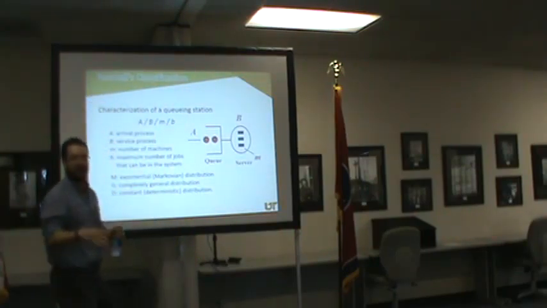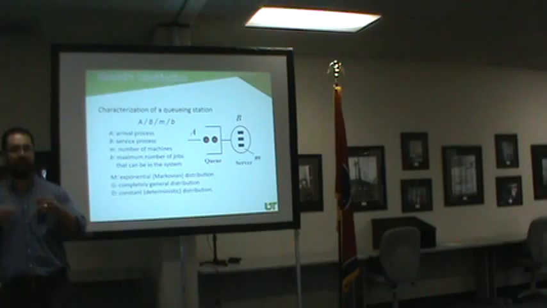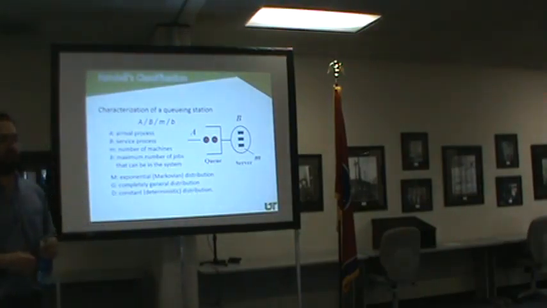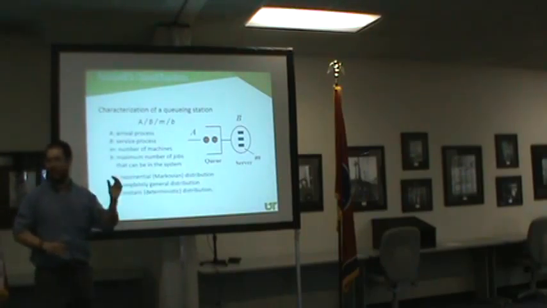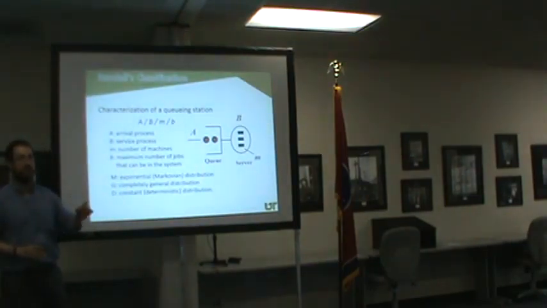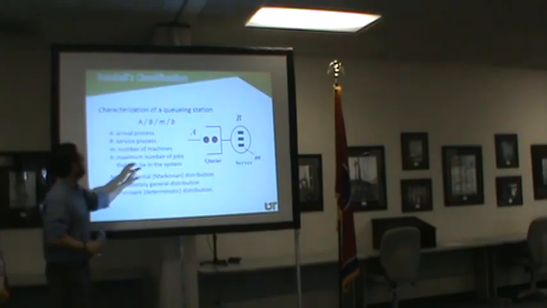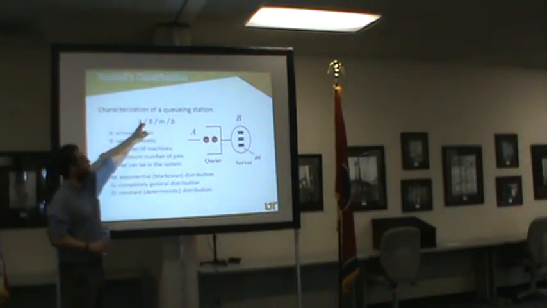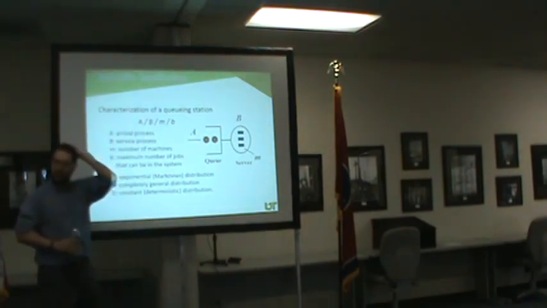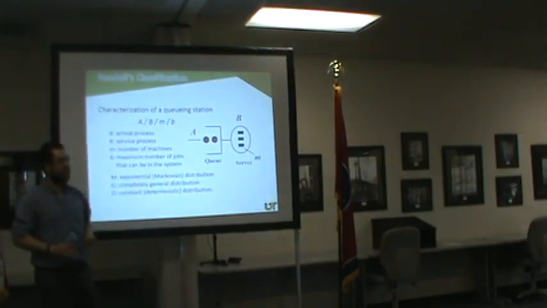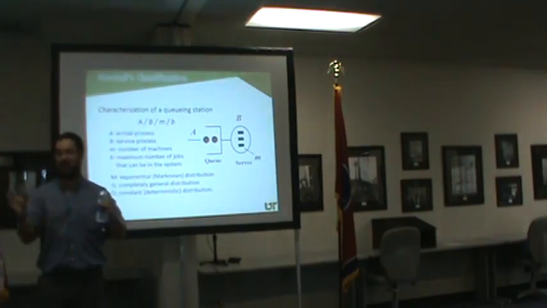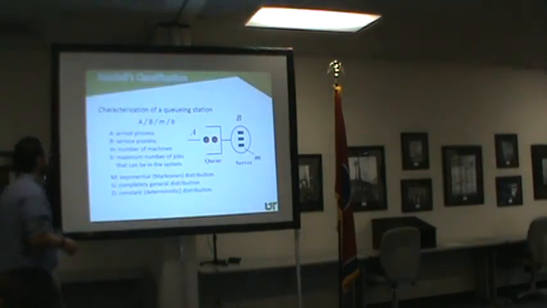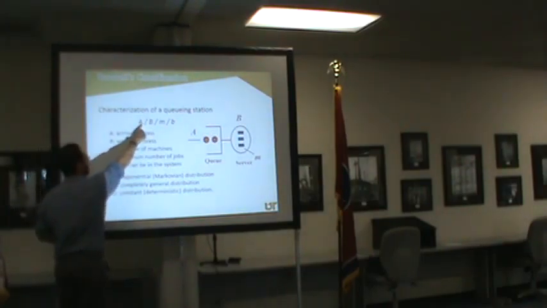If you Google these things, you're going to find theories about different queues and different characteristics. And there's a lot of papers and studies for very specific configurations of queues. So the configurations are going to mean the following. And if you like to use simulation at some point, this is the information you need to feed in order to create the simulation model. So we're going to have A.